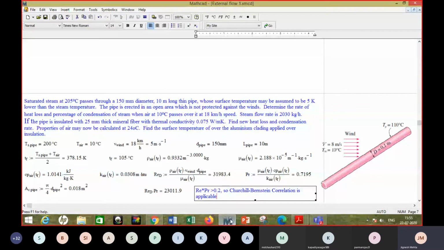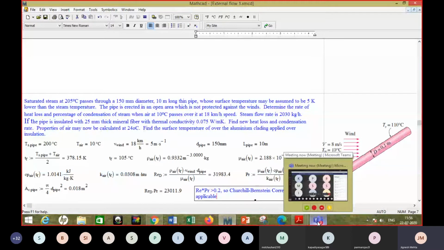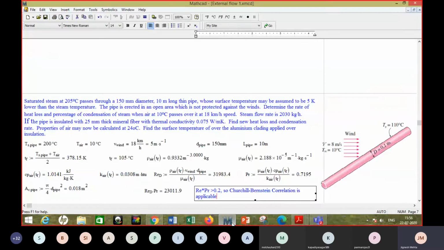Now in case you don't have some property, let's say Cp is not available, okay, so as a last resort, if you are dealing with air, you can take it as 0.7, right? In case data is not available, you can take it as 0.7. So here a more accurate answer is 0.7195, right? I believe it is correct based on experience also.